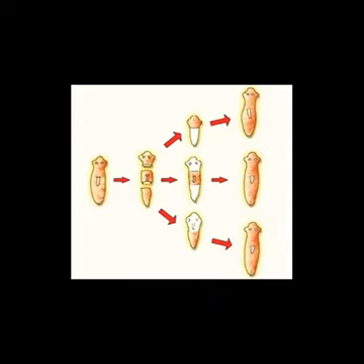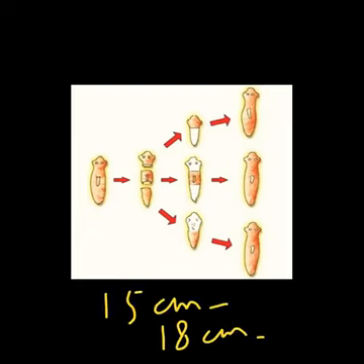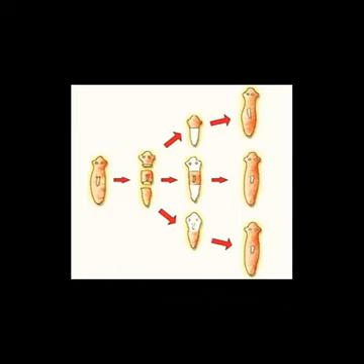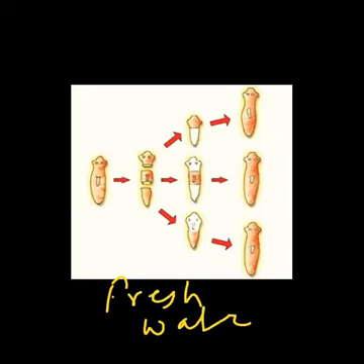So this planaria is a flatworm, right? It is flat. And how long is its size? It is approximately 15 centimeter to 18 centimeter, depending on its age, right? So its approximate size is about 15 to 18 centimeter, and it is also fresh water